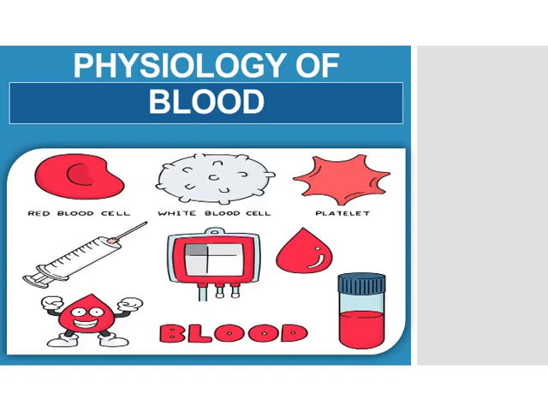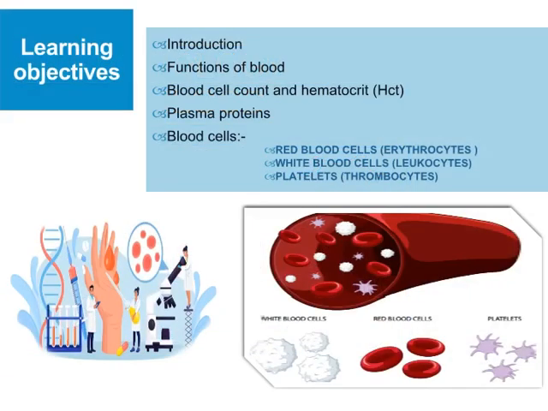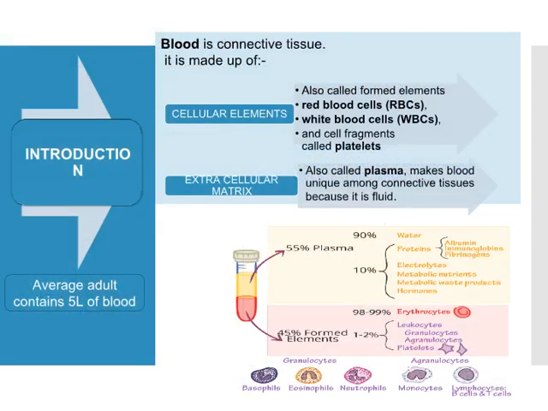Physiology of blood. Introduction. Functions of blood: cell count and hematocrit (HCT), plasma proteins, blood cells, red blood cells (erythrocytes), white blood cells (leukocytes), platelets (thrombocytes). Blood is connective tissue. It is made up of cellular elements, also called formed elements: red blood cells (RBCs), white blood cells (WBCs), and